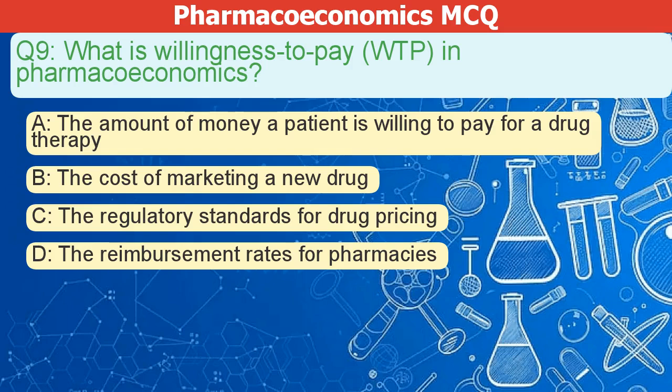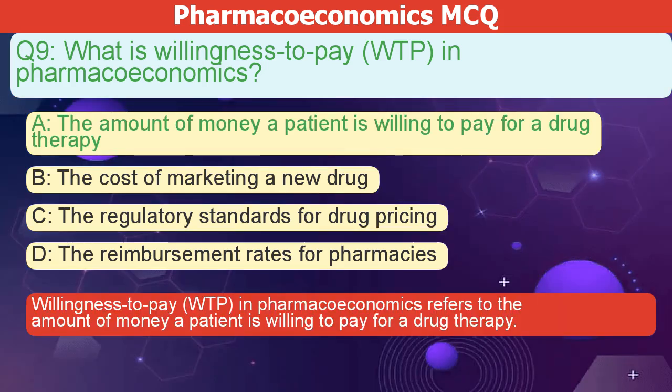What is willingness to pay, or WTP, in pharmacoeconomics? A. The amount of money a patient is willing to pay for drug therapy. B. The cost of marketing a new drug. C. The regulatory standards for drug pricing. D. The reimbursement rates for pharmacies. The correct answer is A. Willingness to pay, or WTP, in pharmacoeconomics refers to the amount of money a patient is willing to pay for